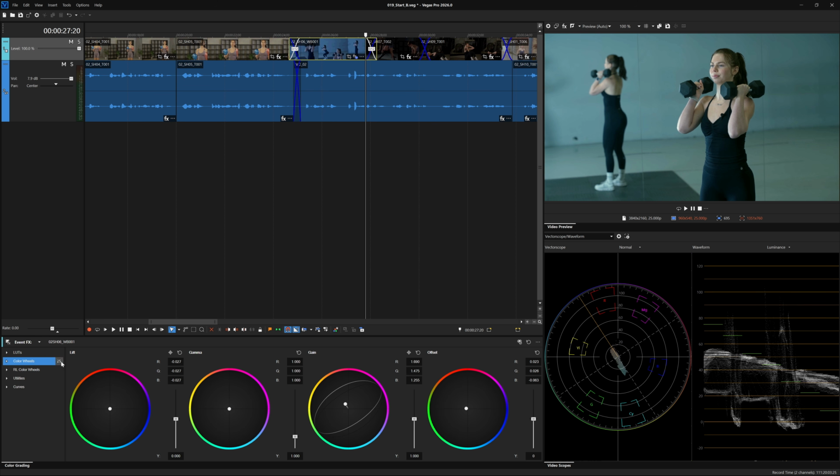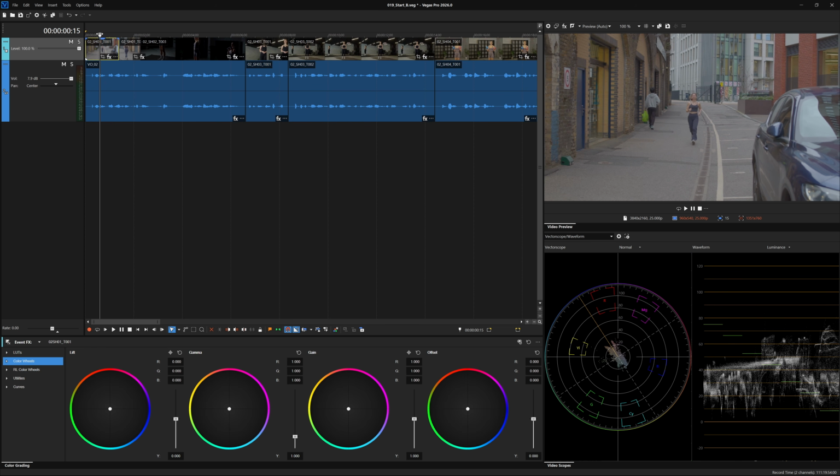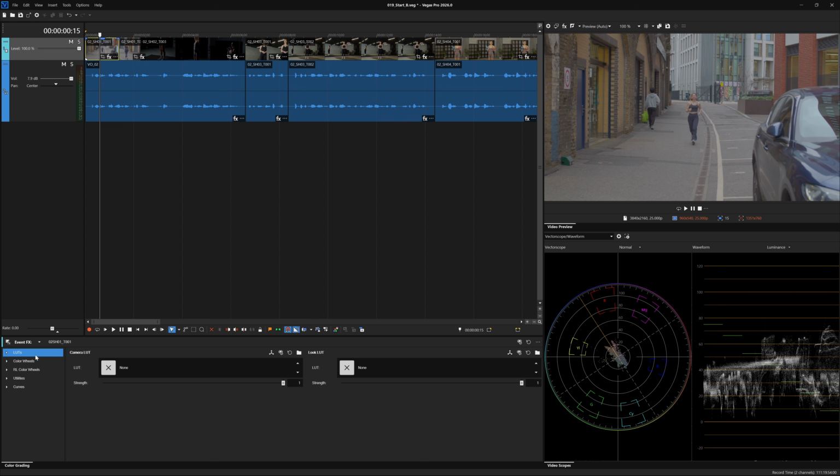However, if you're quite limited on time, there is an alternative to the color grading tools we've looked at. Instead, we'll use a lookup table or LUT. For example, let's select this event. Instead of going through all the color grading tools, switch to the LUT's controls. A LUT is a cheat sheet that tells Vegas Pro to transform colors from your original footage into a new set of colors.